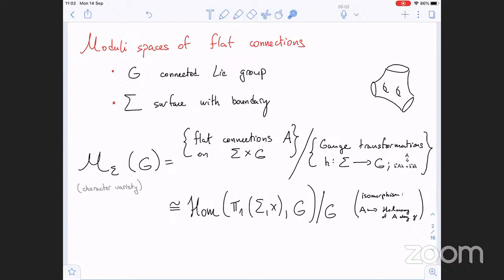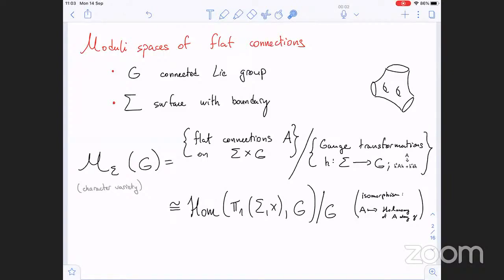So for me, G is just a connected Lie group, and sigma will be a surface with a non-empty boundary. I will always consider non-empty boundaries. And then one can look at this space I will call M sigma of G. This is the space of all flat connections on the trivial bundle on G. Because the surface has non-trivial boundary, all the principal bundles are trivial. So we look at just flat connections on this trivial bundle,